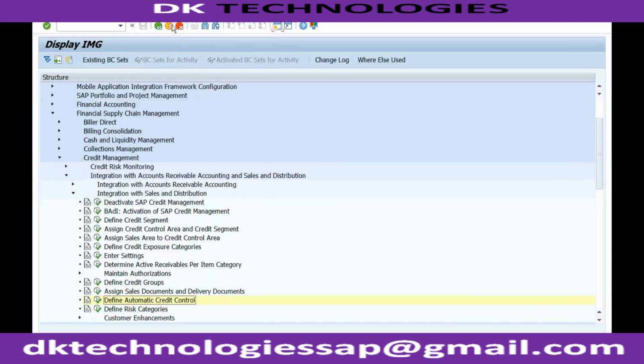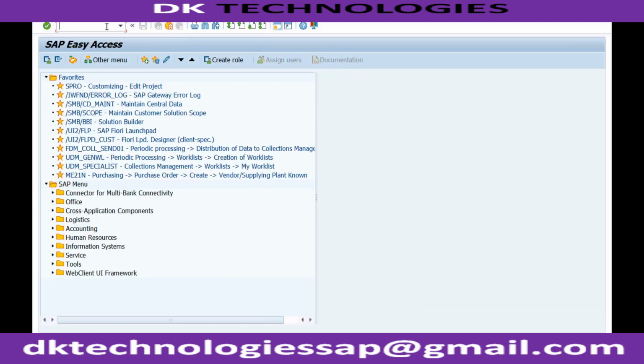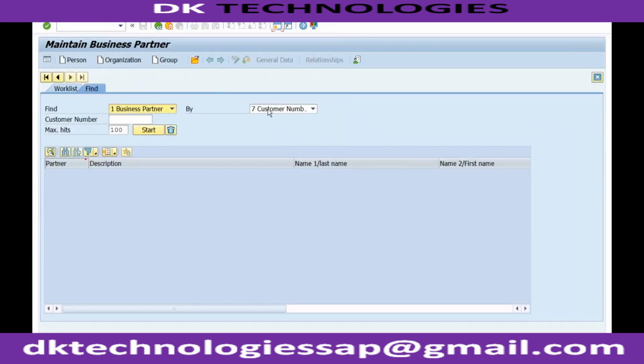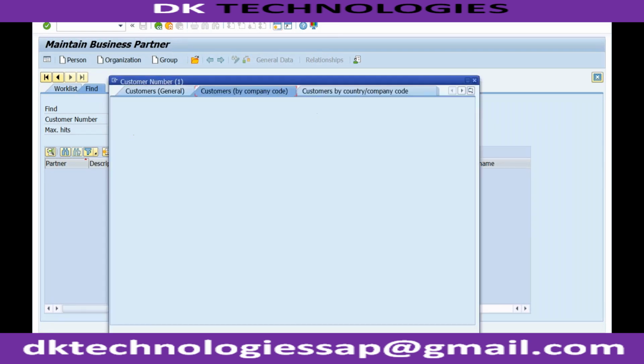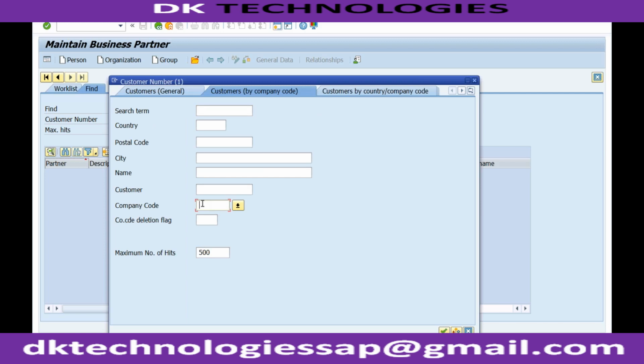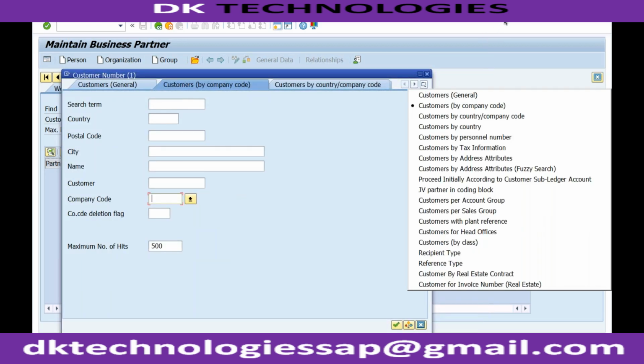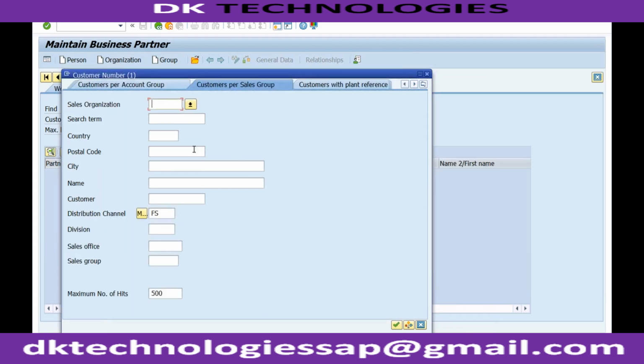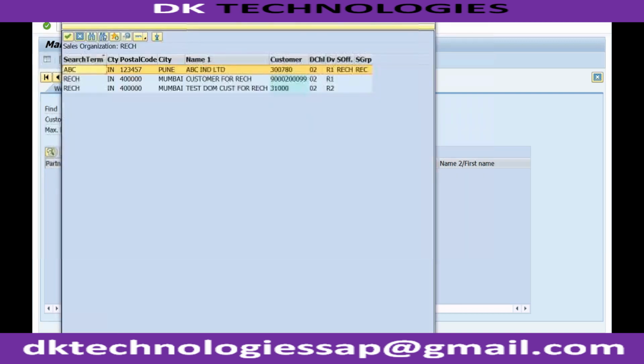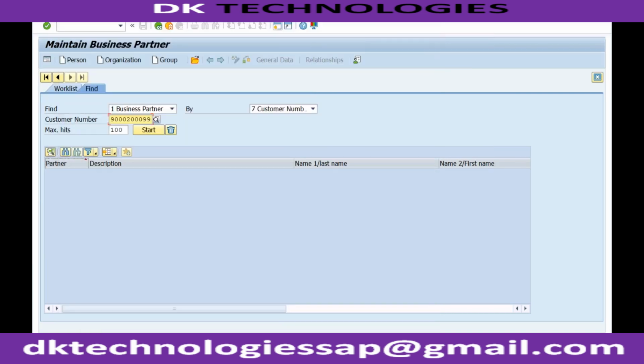Now based on these rules, we need to go to our customer. We already created some customers. Let me go to transaction BP and see which customer is created in our company code and sales org. Our sales organization is RECH. The distribution channel I need to remove. Okay, so these are some customers. Let me take this one, enter,